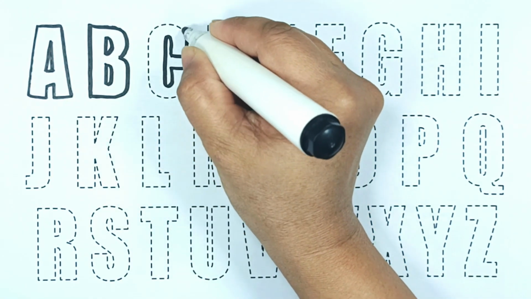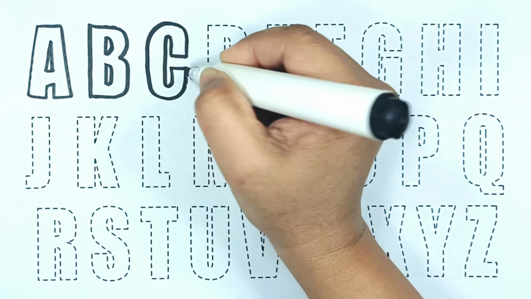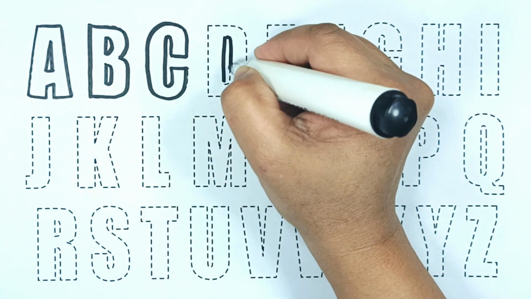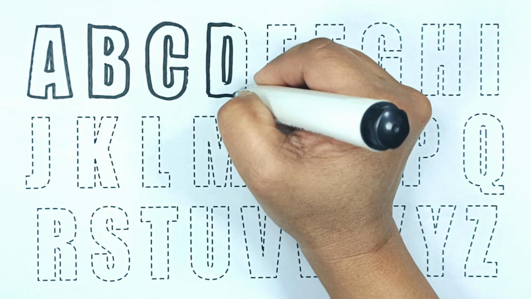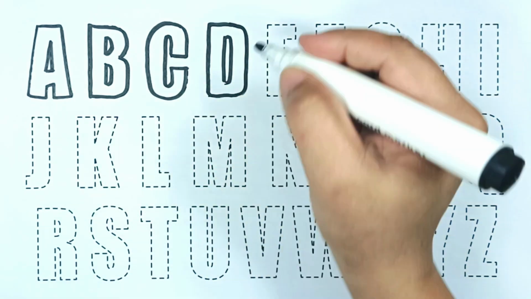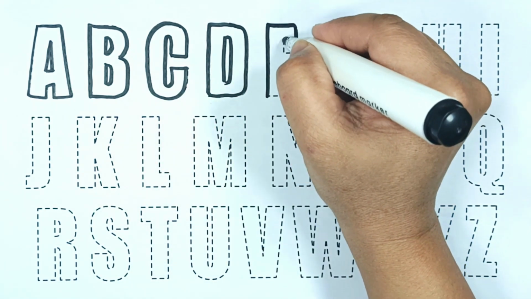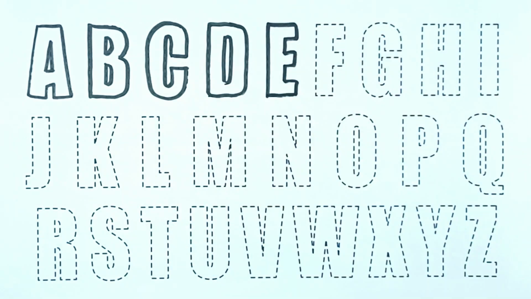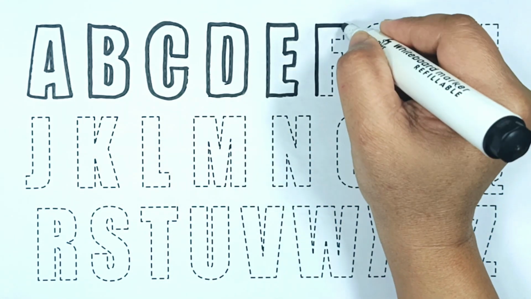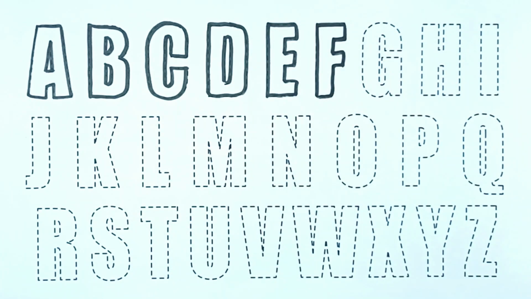The wife takes the child, C. The wife takes the child, hi-ho the dairy-o, the wife takes the child. D. The child takes the nurse, E. Hi-ho the dairy-o, the child takes the nurse. F.